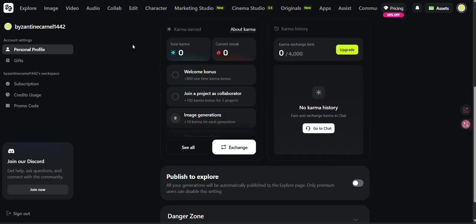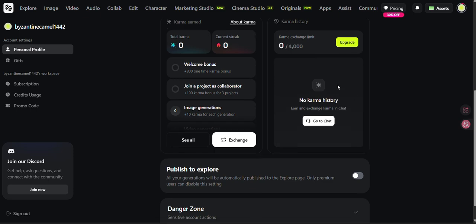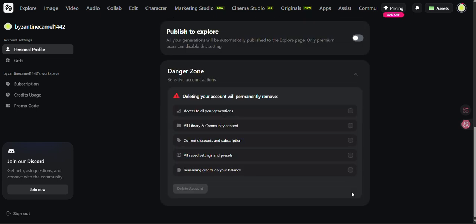So you'll simply scroll down till you find it. Make sure you have upgraded to a Pro plan. If you've got a subscription, you will be able to see that in the danger zone, it will read Pro plan at the bottom. So you can simply select the cancel subscription option that will appear right here on your screen